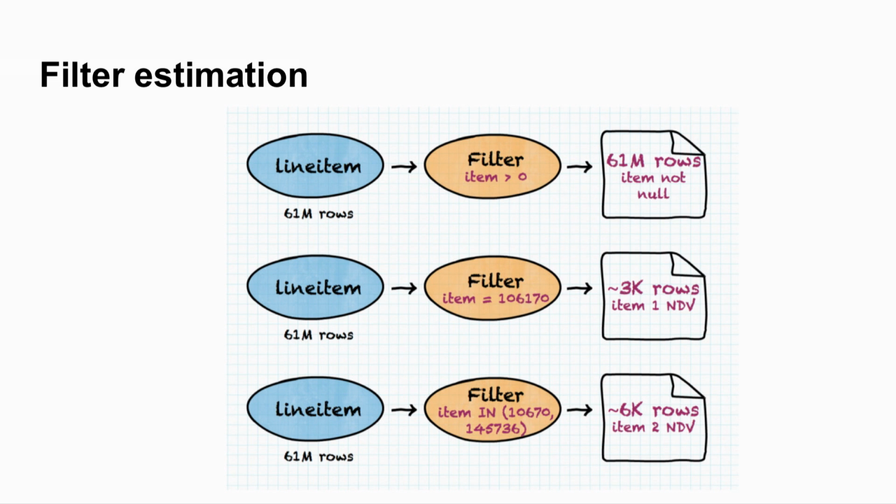And what's more, we used to have a bunch of unique values, but now we'll have only one unique value for that specific column. So we update this statistic, and we propagate it